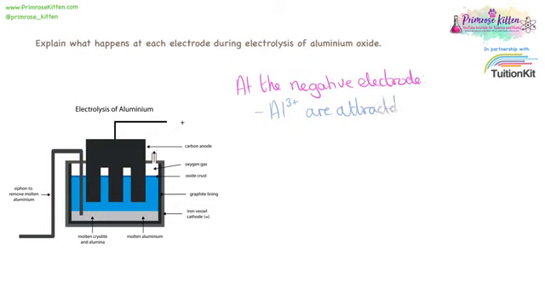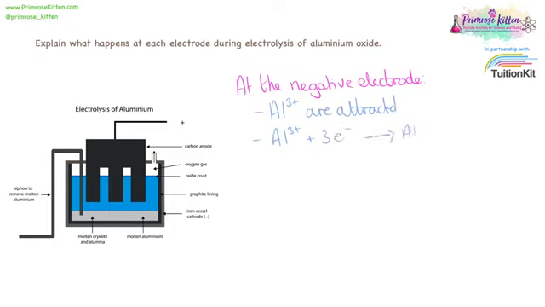Explain what happens at each electrode during electrolysis of aluminium. So here we have our cell. It is slightly different to the standard electrolysis setup, which makes it a bit trickier. We have our negative electrode down the bottom here, and this is where the aluminium ions are attracted. When they are at the negative electrode, they are going to pick up 3 electrons